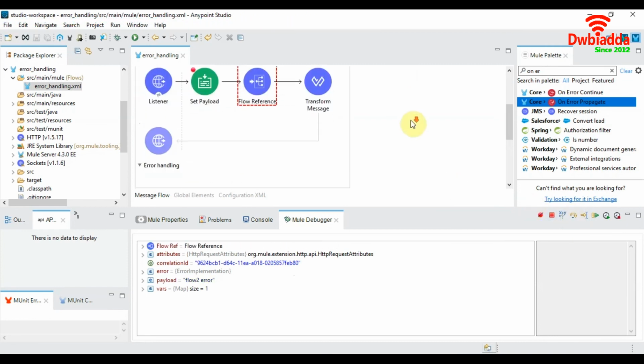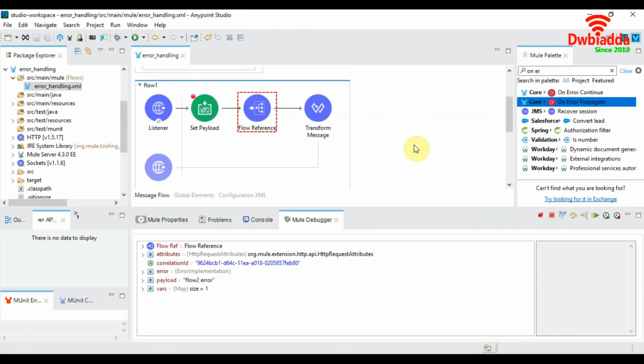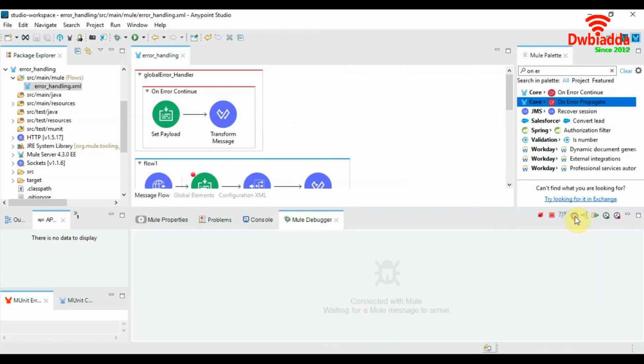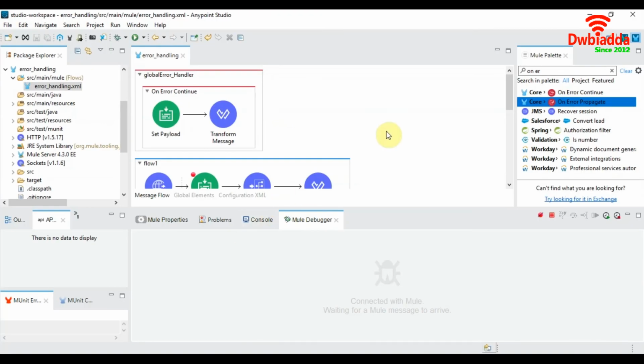And since there is no error handler here, this error should be caught by our global error handler. So as we can see, the message moves on to our global error handler where the payload is again being changed to error in application, and that is what we should be seeing back in our browser. So as we can see, thanks to the global error handler, we have been able to catch an application level exception.